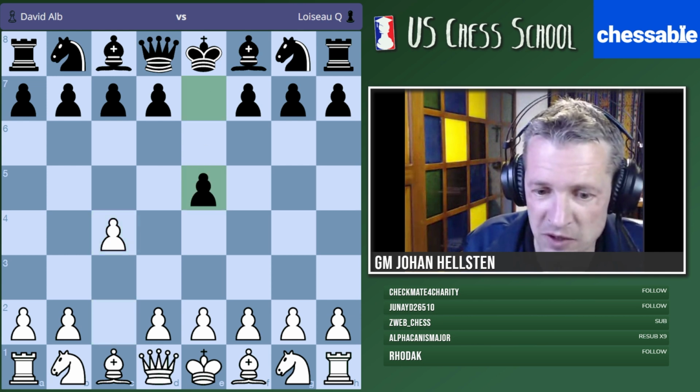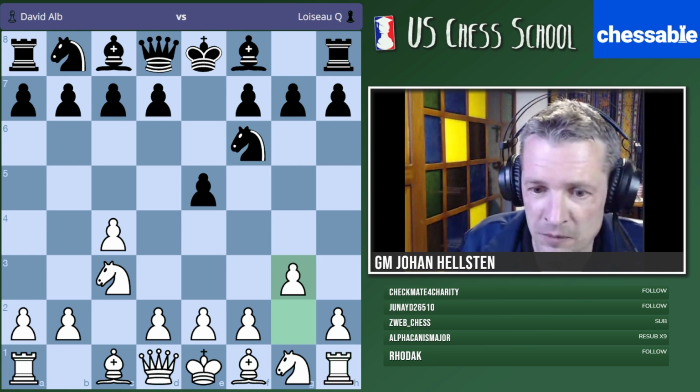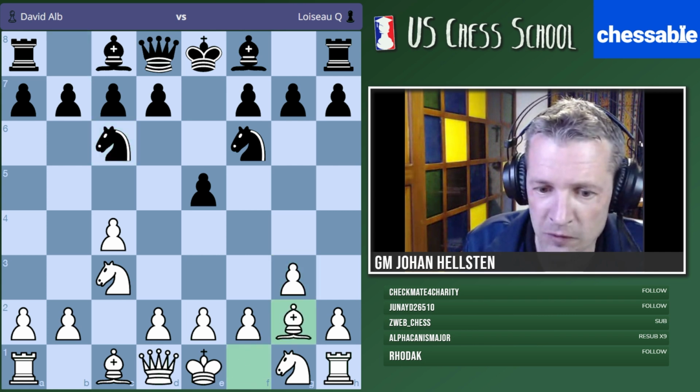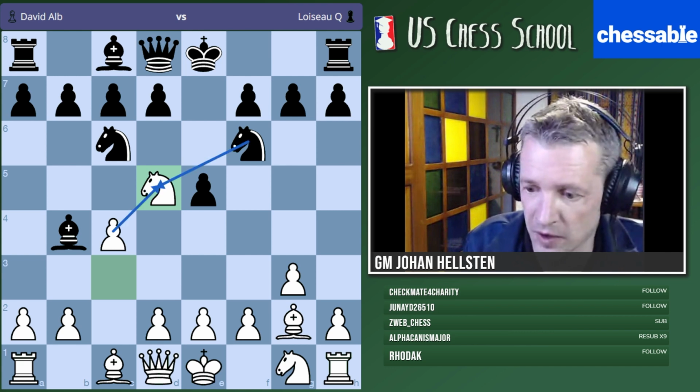I mean, I would say from a general perspective, if white plays like this, it's perfectly fine to play the Sicilian Rossolimo with black, right? But if you play it this other way, I'm not so convinced anymore, because here white could play knight e5, right? And if knight takes, we can take with the pawn. So,